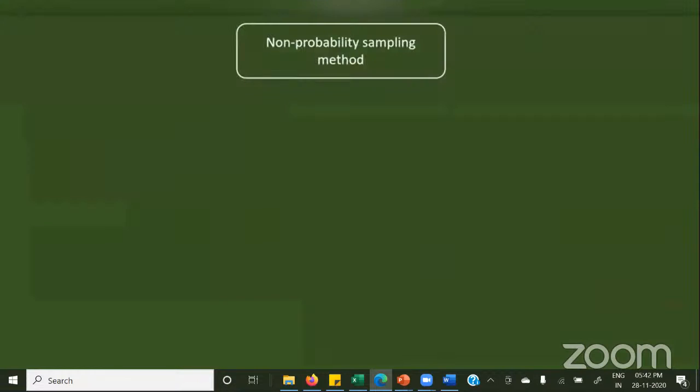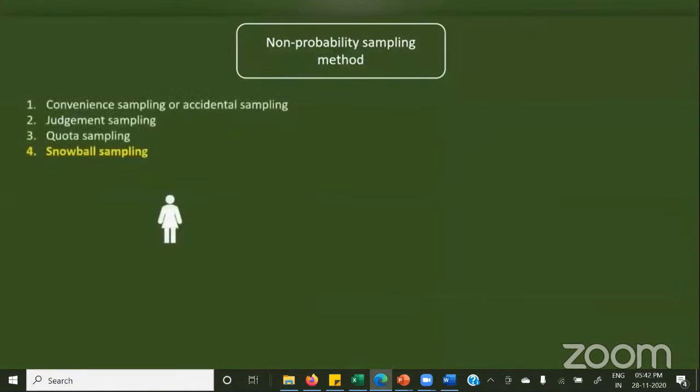Another interesting non-probability sampling method is snowball sampling. We will use this if we do not have access to potential participants. For instance, we need a sample of HIV patients. We will first approach the person whom we know as HIV positive patient. Through this person, I will find another person,